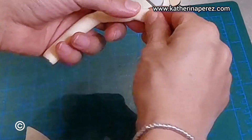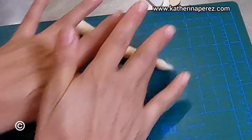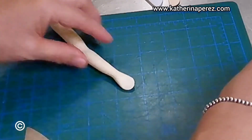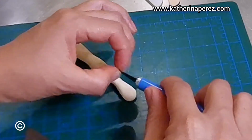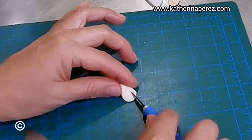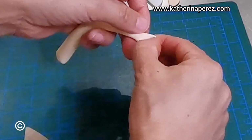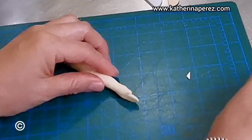Okay, now for the arm, I will make a curve here, okay, to keep this in shape. Okay, and now let's cut this. This will be the right hand, so I need my big finger in this part. An L cut, okay? If you don't want to risk making the fingers, just leave it that way. So make this that way, okay? But if you want to make the fingers,